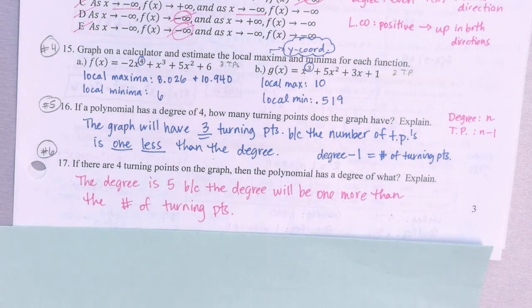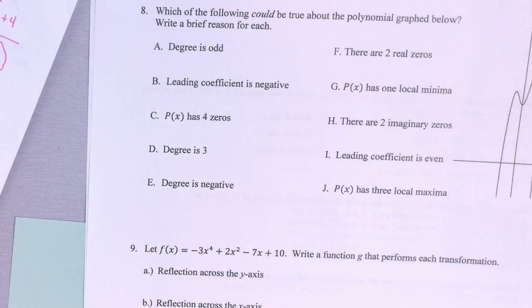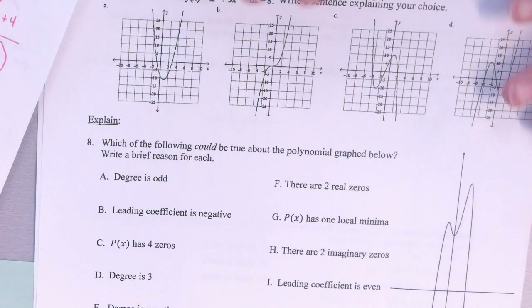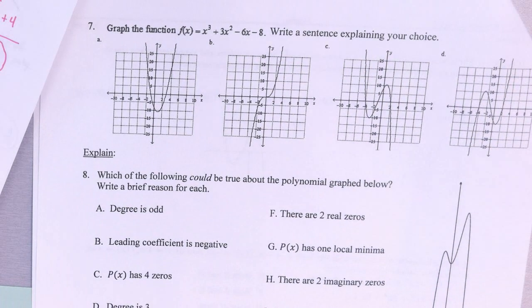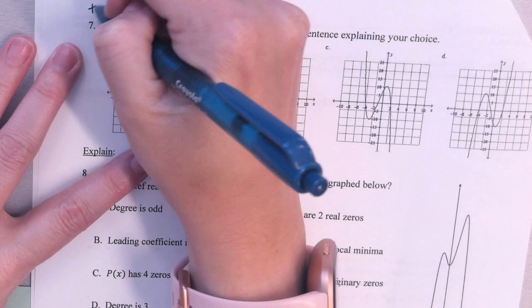So page 2 at the top. So really, with that one, it says to graph the function. Really, I should have said to do it without your calculator. That's why I wanted you to write a sentence explaining your choice, because you don't need your calculator for this, right? So you have everything that you need in the polynomial function. Okay, so if you're doing this without a calc,